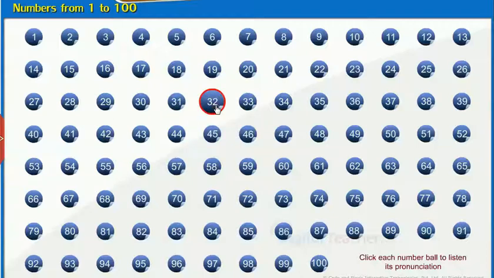31, 32, 33, 34, 35, 36, 37, 38, 39, 40, 41, 42, 43, 44, 45, 46, 47, 48, 49, 50,